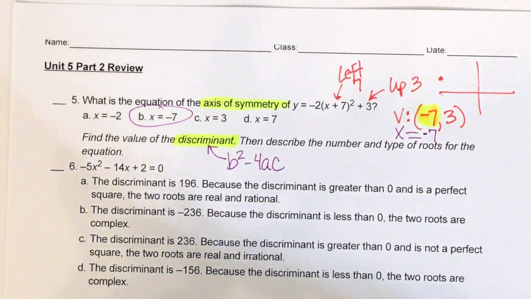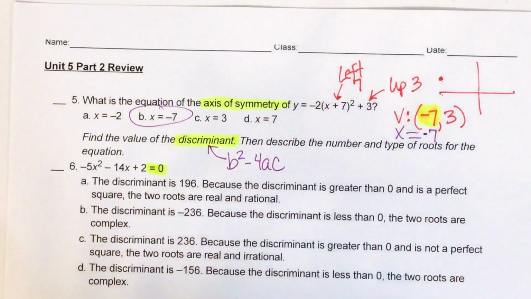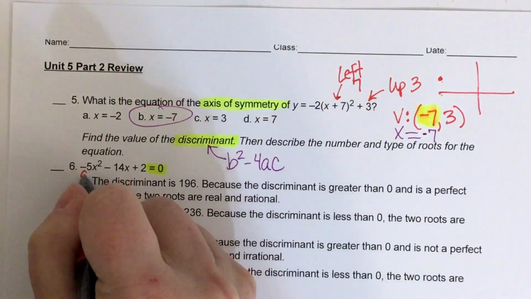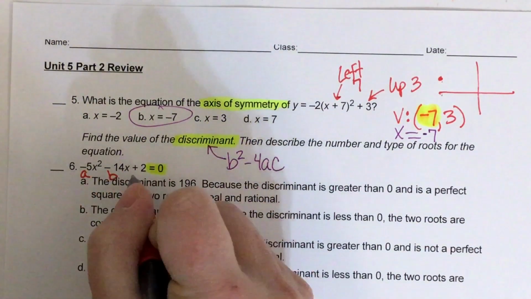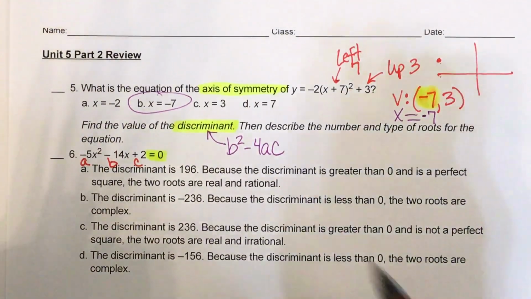Now, before you do that, you do want to make sure that your problem says equal 0. So anything that has to do with quadratic formula, discriminant, you want it to say equal 0 before you begin. Okay, so a is the number in front of the x squared, b is the number in front of the x, and c is the constant. So this formula is telling us,